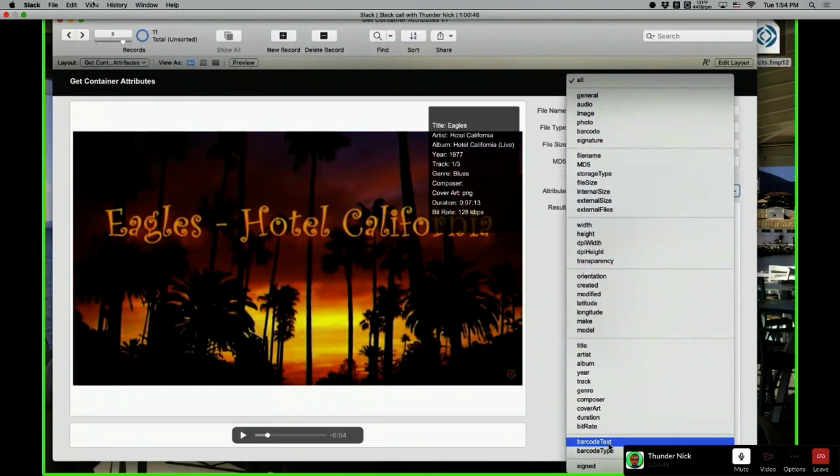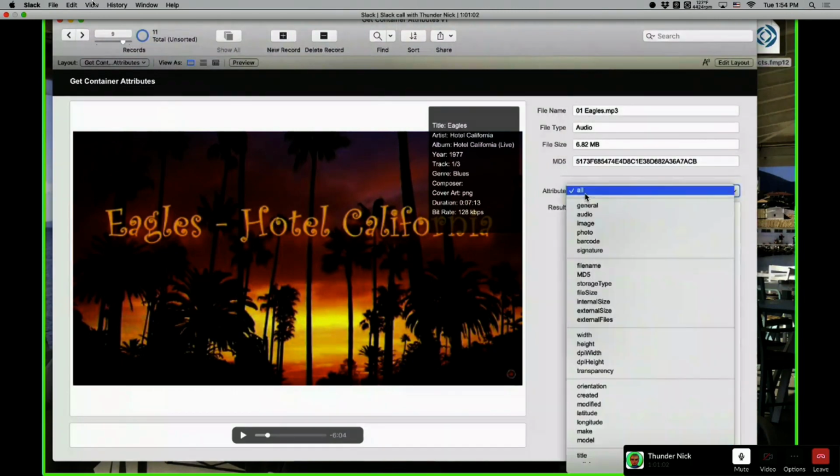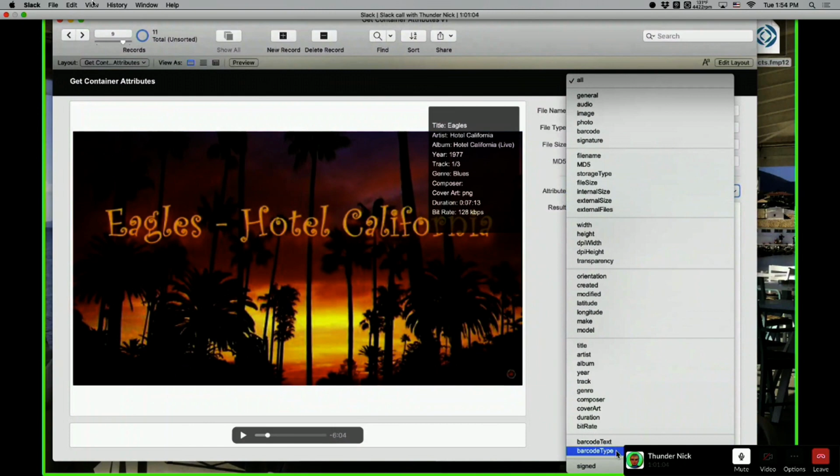So GetContainerAttributes extracts the code as an alphanumeric code, and then you can retrieve something or a product based on that code from your database, right? So this is what the barcode is doing, and you have the type of barcode.